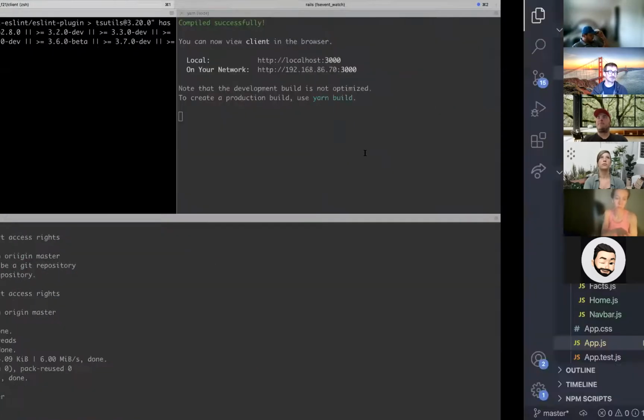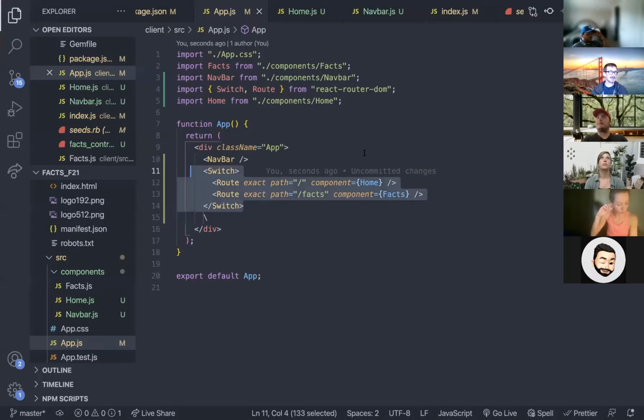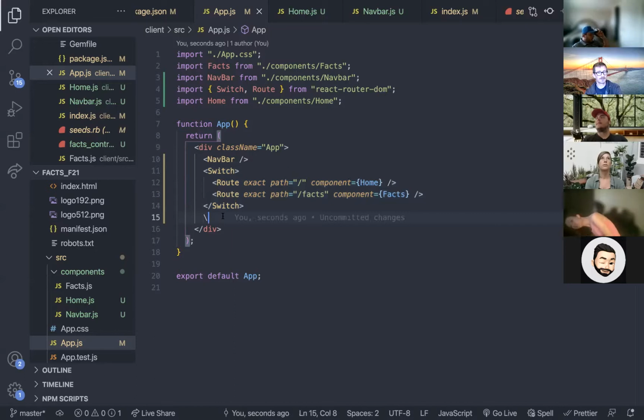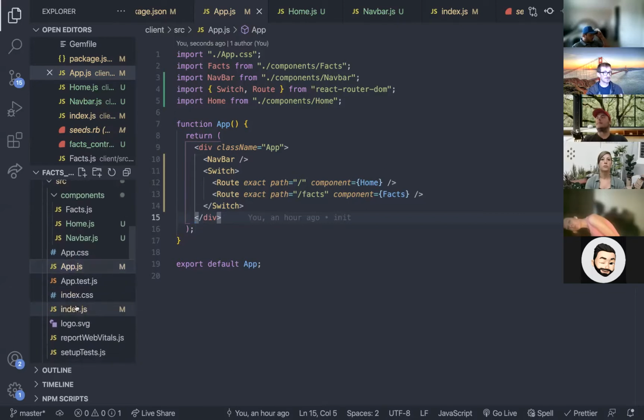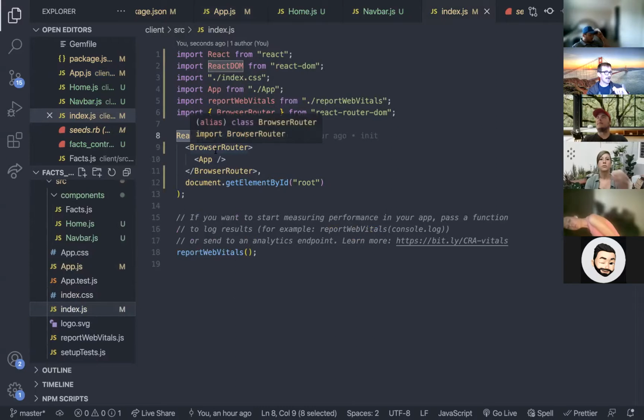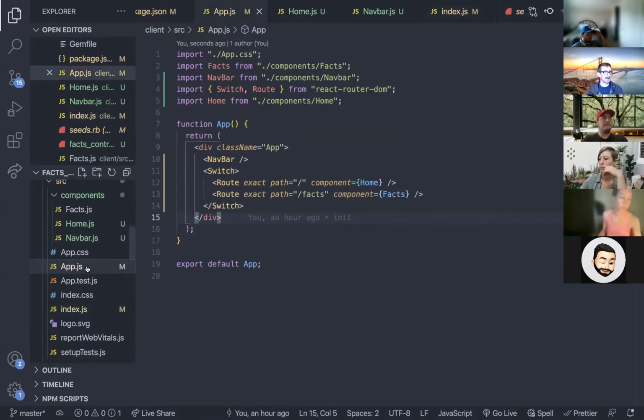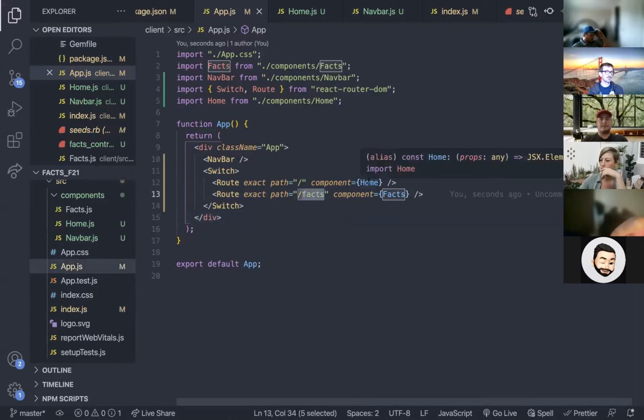So that's, I think for now, maybe we'll do a little more with React Router later today, but that's the basics of getting it set up. As far as this basic level, it's pretty straightforward. We just need to wrap our app with this browser router. And then in our app.js, we just create some routes, give them some names for the paths, and then tell them what component to hit if